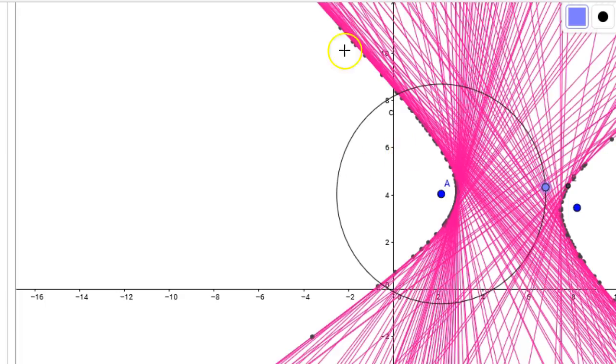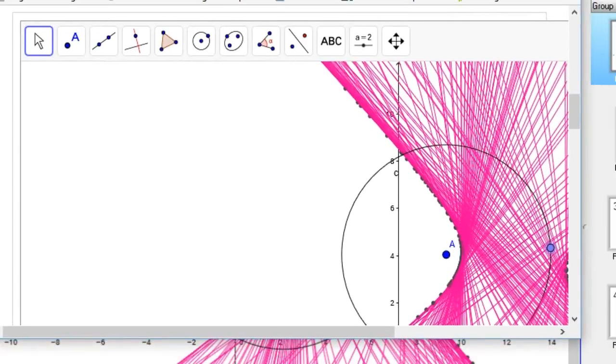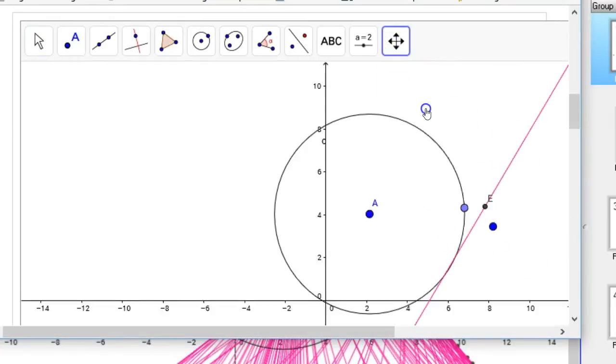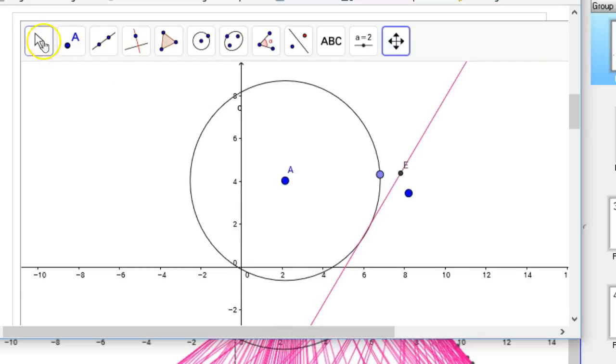So I have the same image here that we had earlier. I went ahead and cleared it. I'm going to move the graphics view so you can see. What I have here is a point on the outside of a circle, a point on the circle, and the center of the circle. And then this line here, this pink line, is a perpendicular bisector between the point on the circle and the point